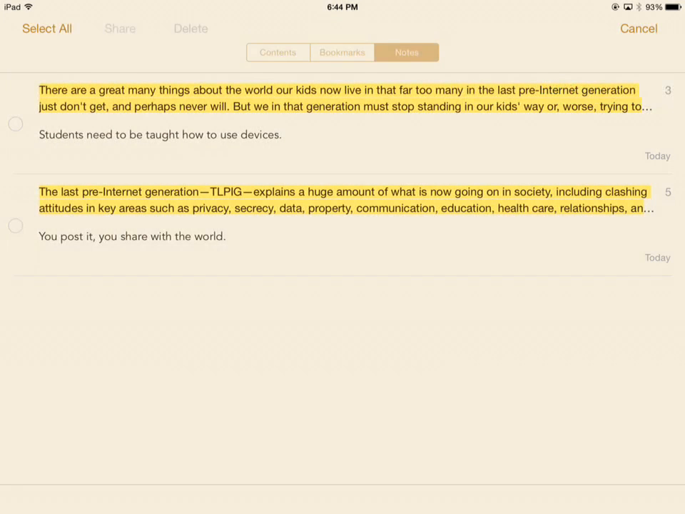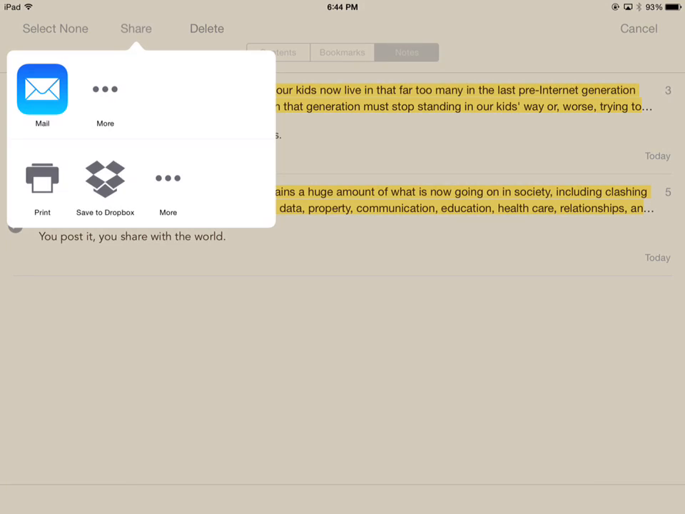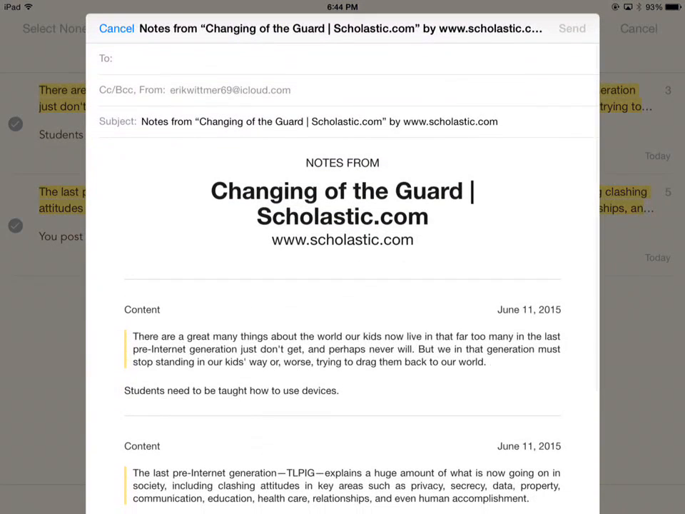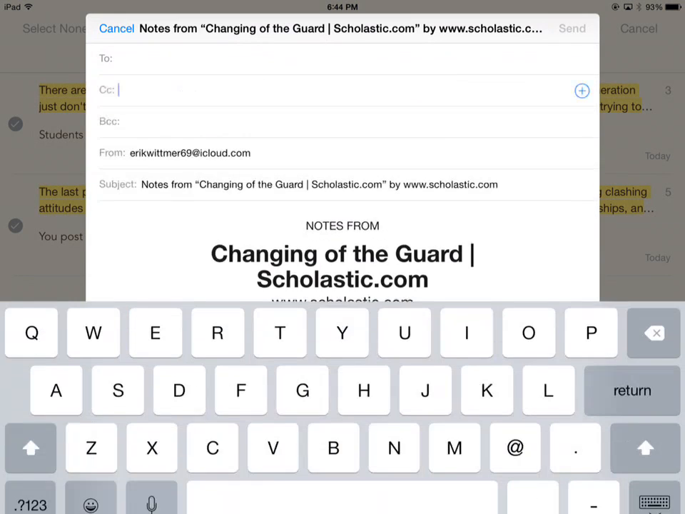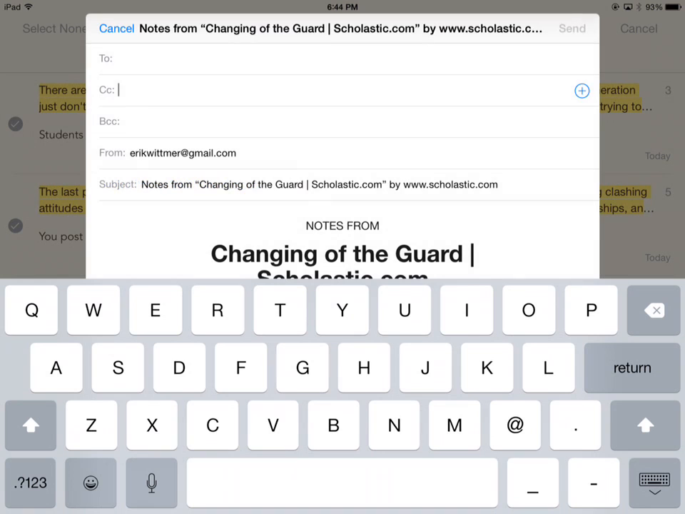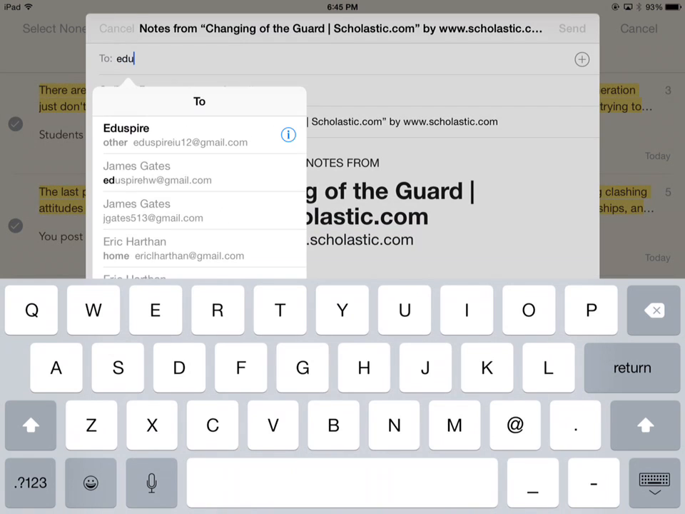So I'm going to click on Edit Notes, and notice all my text moved over to the right. I'm going to put check marks on all the notes that I want to share. So I'm going to share both of those, and notice now in between select none and delete I have that share option, so I can click there, and then what comes up is mail, and this is what I want to do. I want to share this with somebody. So my other email's up, so let me get that email up, and then this is going to go right to the EduSpire IU12,